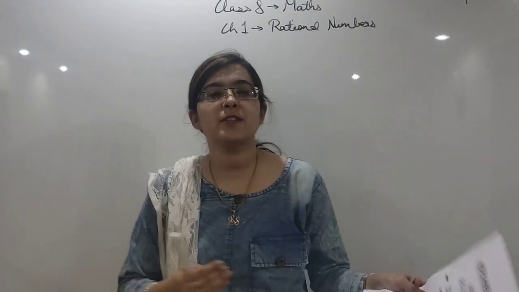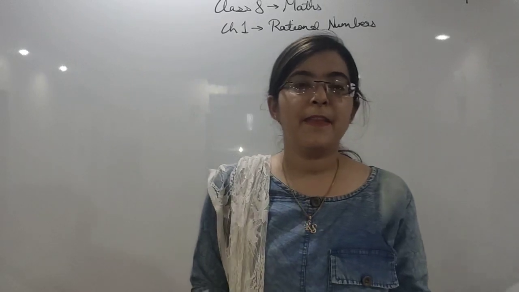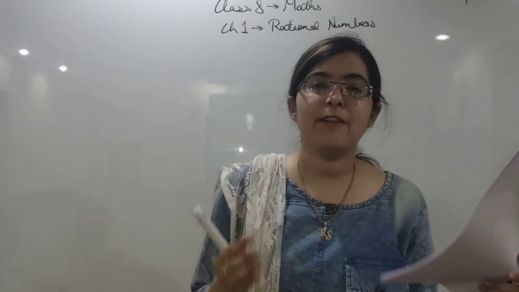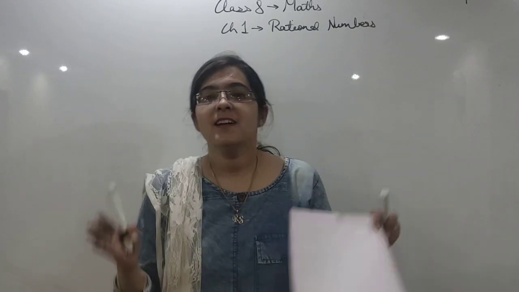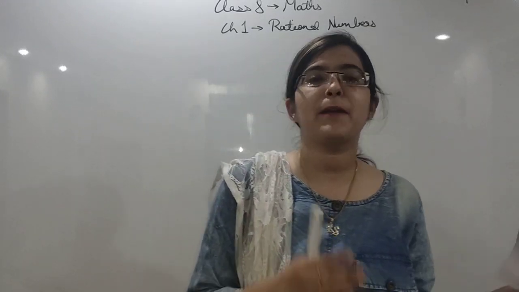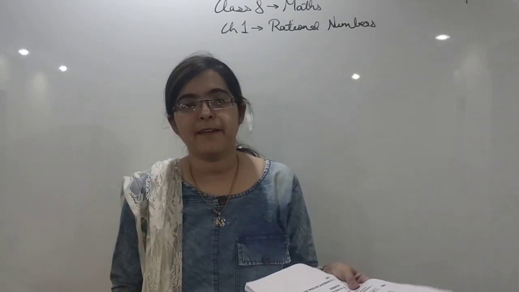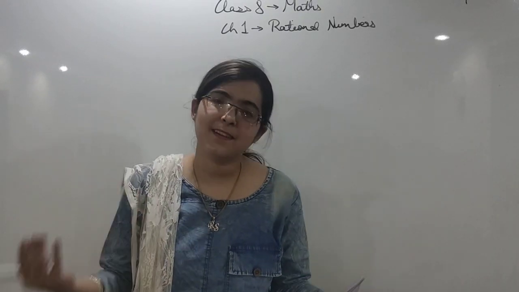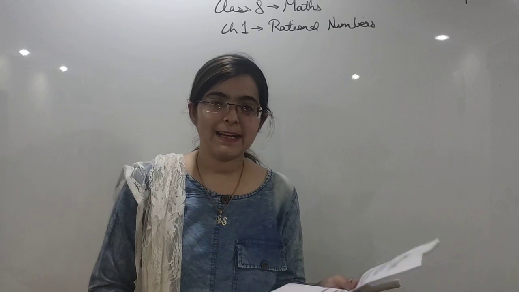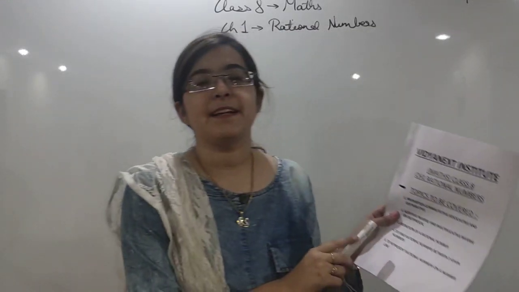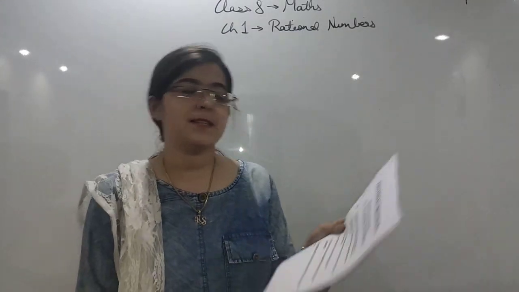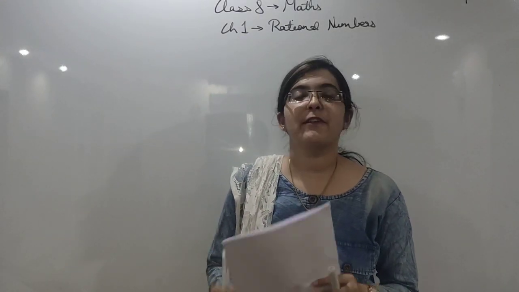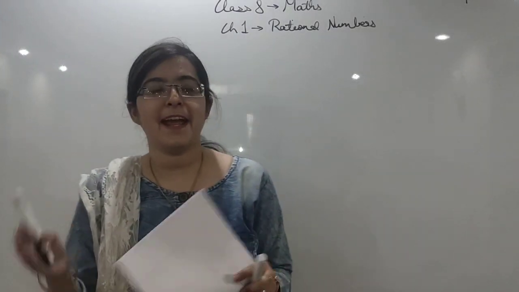I have also discussed that 0 is also a rational number. In a multiple choice question, it can come whether 0 is a rational number or not. We have discussed that yes, 0 is a rational number because we can write 0 by 1, 0 by 2. Anything, 0 upon anything is 0. Clear? And we had started our first topic, the properties of rational numbers. We will again revise it and start it.